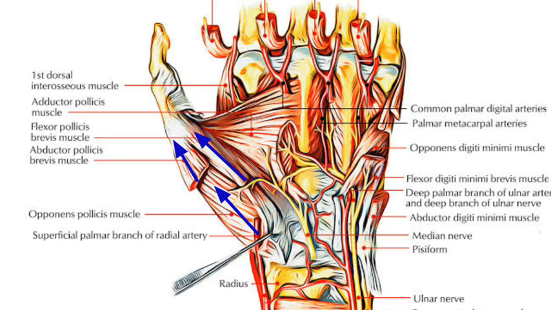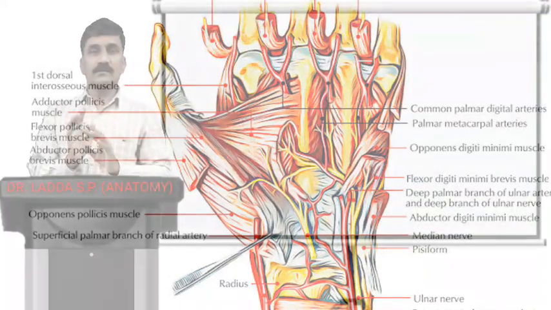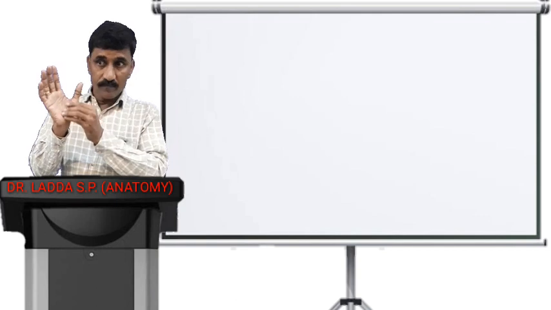Even one more muscle is added in the thenar group, and that is adductor pollicis, muscle for adduction. So there are four muscles: one is abductor pollicis brevis, second is flexor pollicis brevis, and third is opponens pollicis. And in all these three, you are going to add one more muscle, and that muscle is adductor pollicis. So these are four muscles which we can consider to this side.